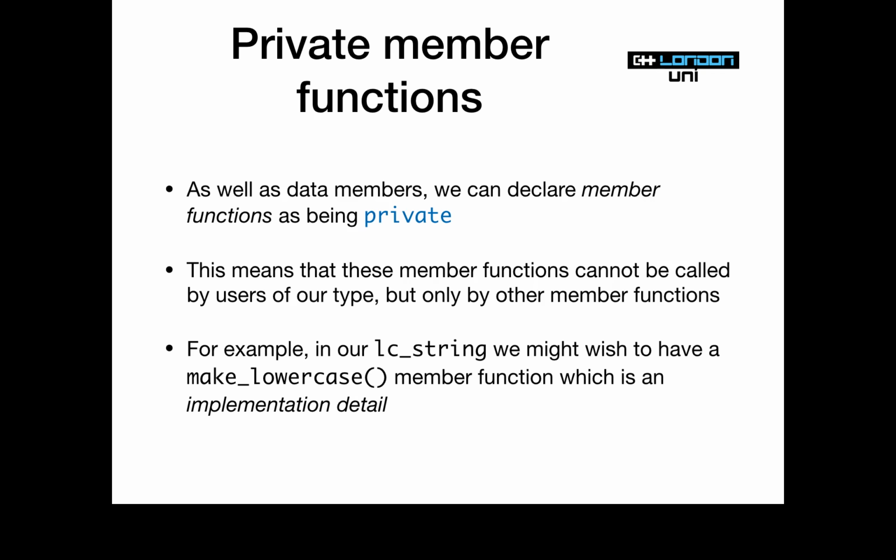So, for example, in our LCString, we were doing that lowercasing twice. We were doing it once in the constructor and once in the setString function. Now it might be good, instead of repeating the same code twice, to put it in a function, for code reuse and all that. But that function isn't of any use to users, so it shouldn't be made public. It's an implementation detail of our class. There's no need for any of our users to even know that that function exists. It's completely for our own internal use. It's private to the implementation of LCString.